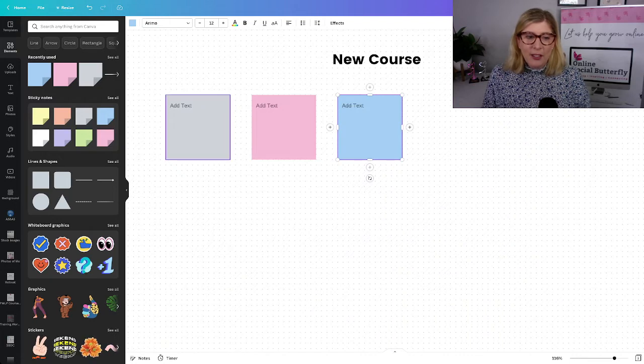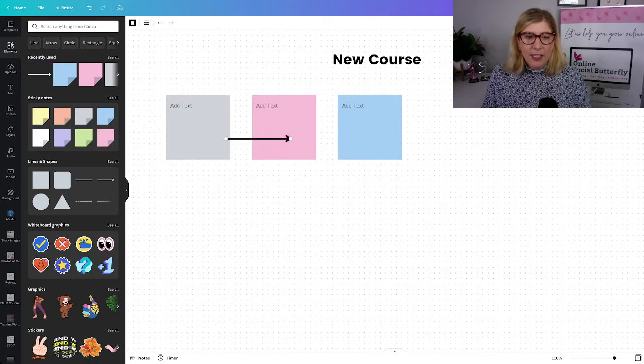So all these ideas can come along. I can then grab some arrows to connect different ideas and have a little bit of fun with things. So there's lots of tools that you can use and try out. Also, the stickers or the graphics that they've added are really great, because what we want to do is, often